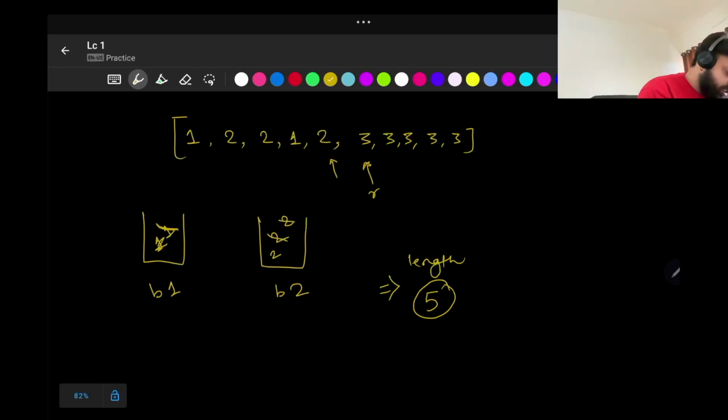Now if we see, basket 1 is empty now, so we can use this. So L is at this position, R is at this position, and we can see if length is more or not. So it is not greater than 5 right now. It's okay. We'll start incrementing our R. We will insert 3 here. Okay, so next,